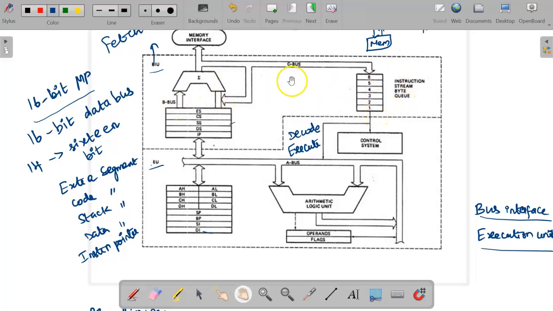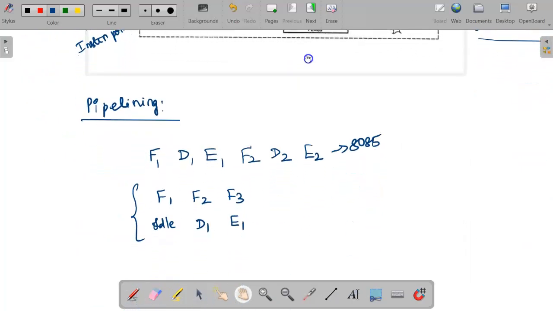Why? Because 6 instruction bytes are fetched at a time and stored in the queue, and then these instructions are given one by one to the execution unit. Then again 6 instruction bytes will be held in the 6-byte queue. So when the first instruction is given to the execution unit, automatically the 7th instruction will be fetched and stored in the instruction byte queue. Like that, the instruction queue holds up to 6 bytes of instructions, which makes the operation speedy. So when you see here, it takes nearly